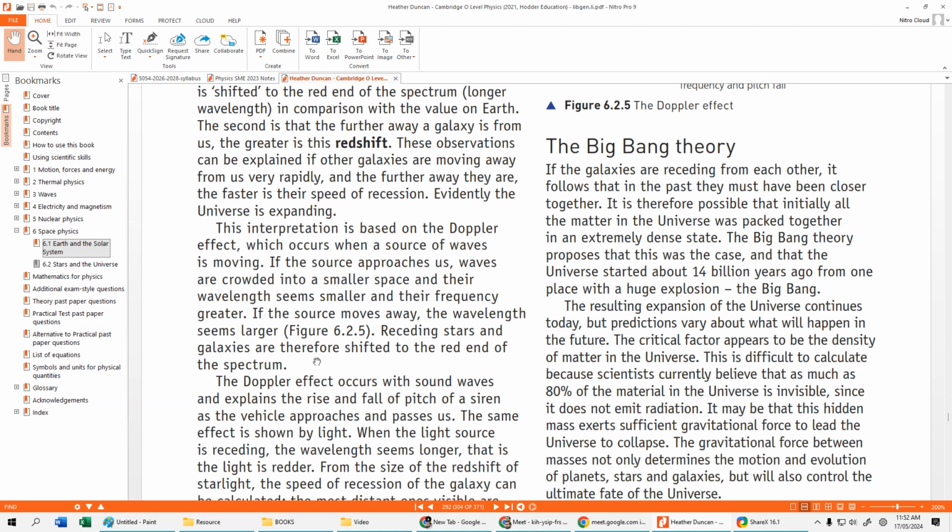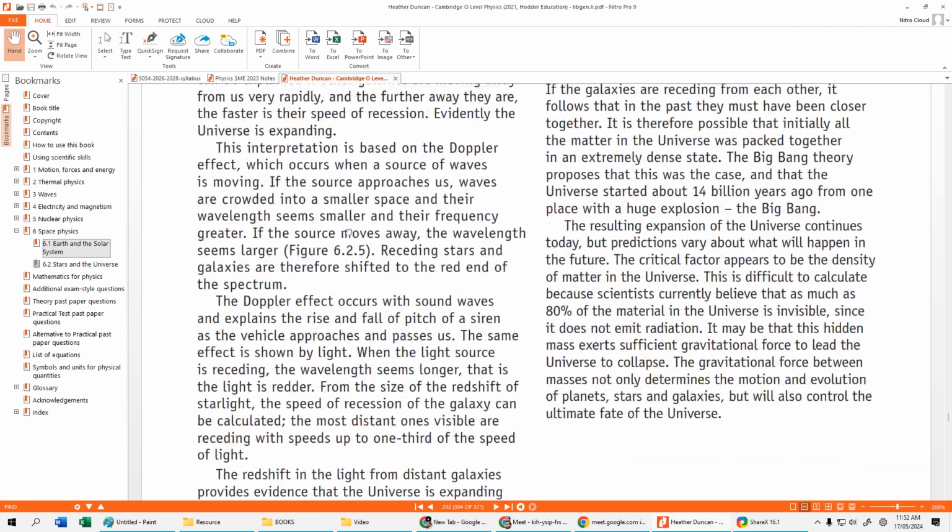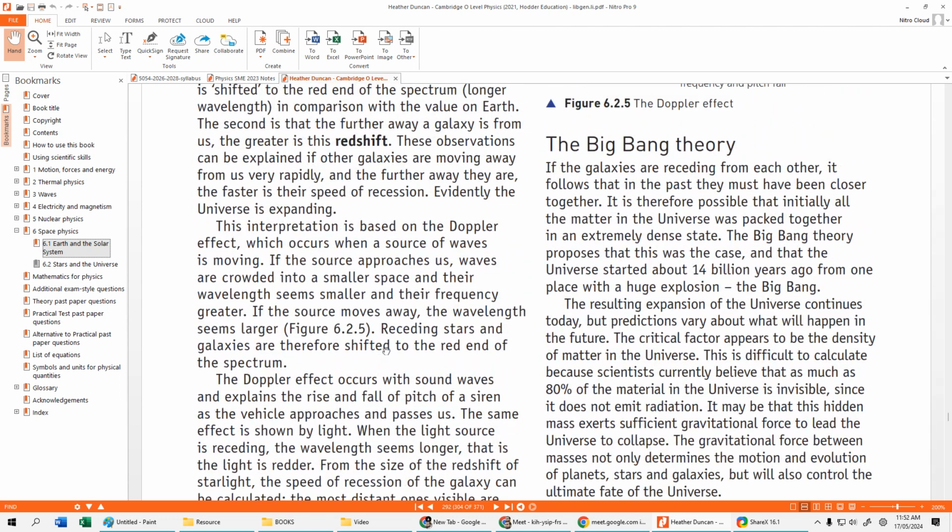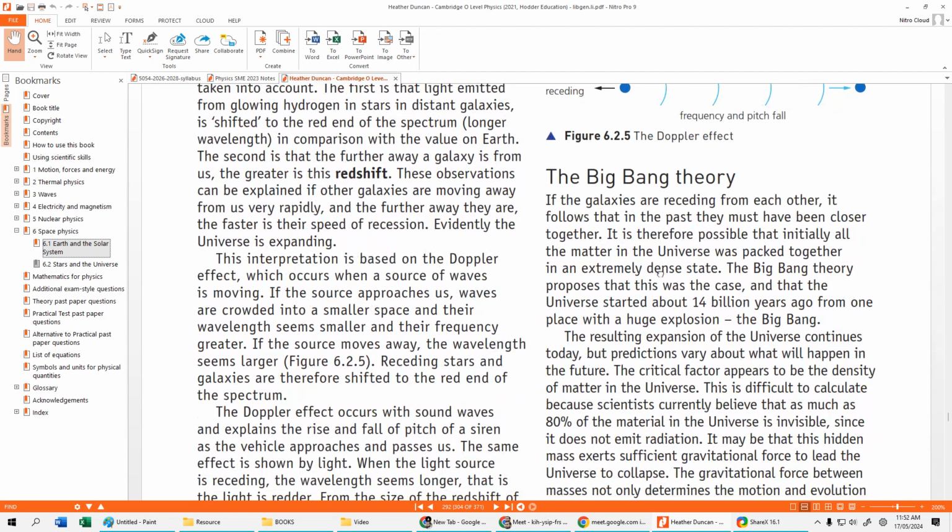Receding stars and galaxies are therefore shifted to the red end of the spectrum. এটা কি বুঝছেন? সো এই জিনিসটাকে টোটাল ইউজ করে যদি আমরা পুরো জিনিসটাকে ব্যাক ইন টাইম রিওয়াইন্ড করি, দেন তখন আমরা যে জিনিসটা পাই সেটা হচ্ছে বিগ ব্যাং থিওরি।